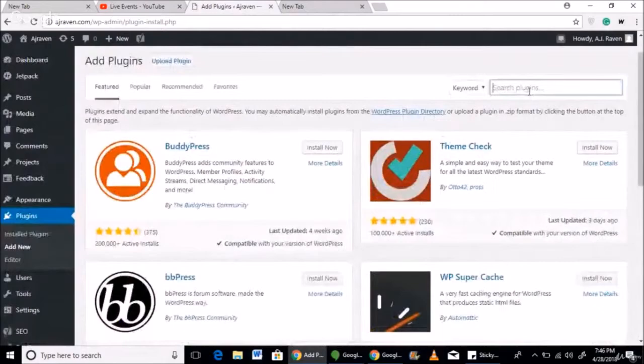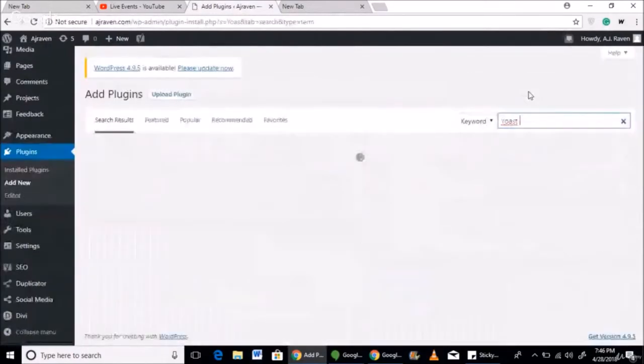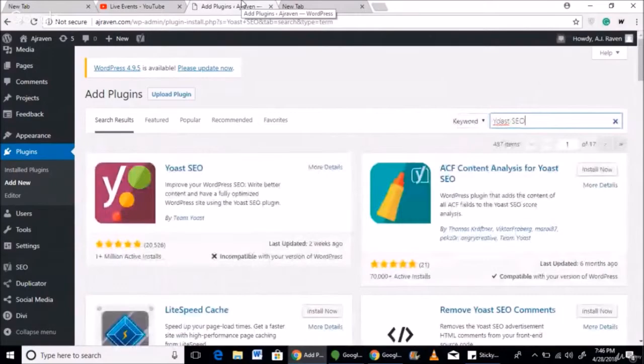So you just write here Yoast SEO, and if you type that in, and if you haven't installed it, it will appear as you can see here. So just go in, it's free, and install. Once this is installed,